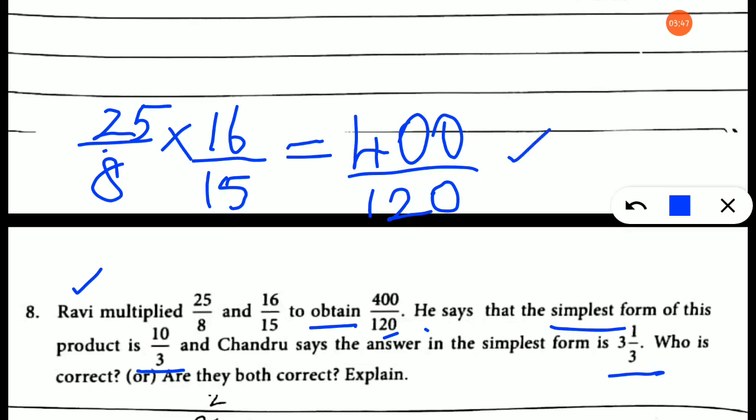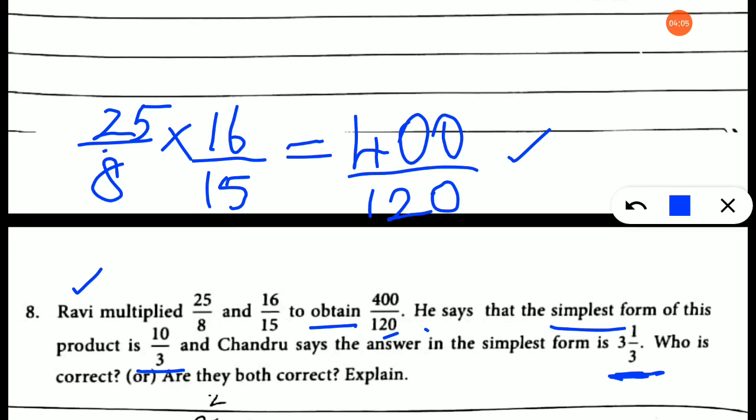Once you convert to this expression, you have to derive and come to the final answer, and then you just check which answer is correct. Actually, by looking at the question, can you say this 10/3 and 3 1/3, is it any different? No, this 10/3 is again written in the form of a mixed fraction.